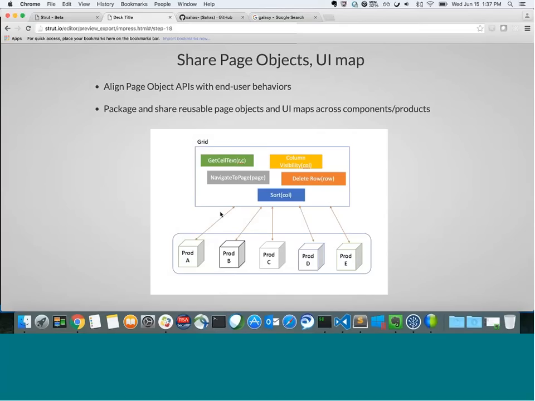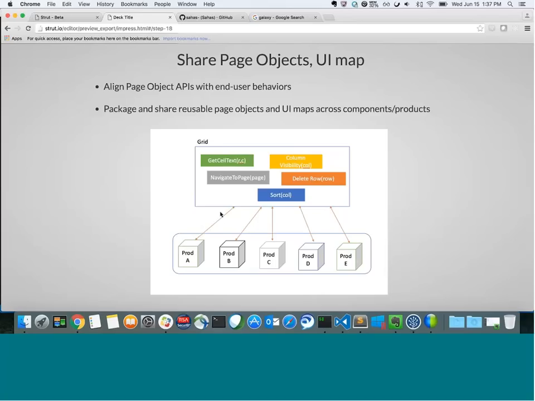So your application architecture has changed a lot. The design patterns are changing. You might be adopting something called UI composition, where you're composing at the UI level, not at the service level, and you're exchanging components between products. If we follow these patterns that I've been describing, we will be able to share the page objects,